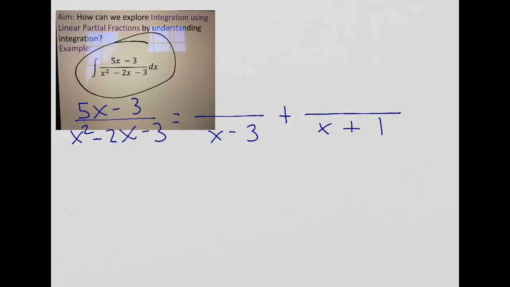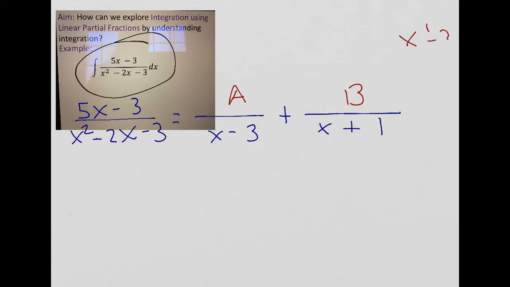Now, I don't know what the numerator is going to be for each of these factors that exist in my denominator. So I'm going to label it as A and B. They are constants. Whenever you describe your denominator as linear, in this case these are distinct linear factors, the numerator is 1 degree less. So if this is to the first power,